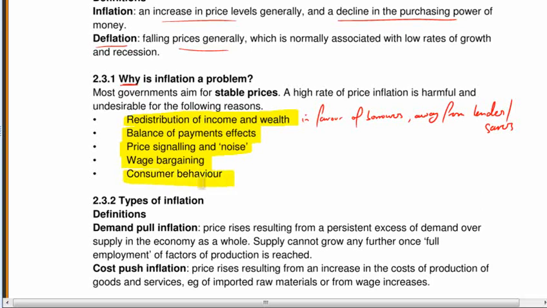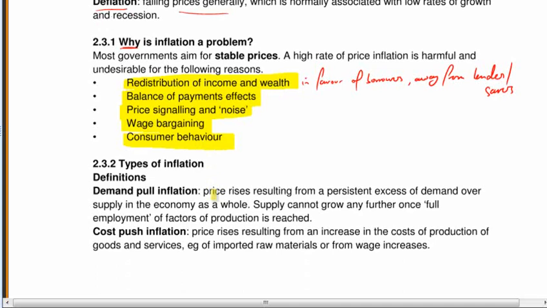And inflation can also affect consumer behaviour. What sometimes happens is we stockpile. We can see prices have gone up. We think they're going to go up even more, so we stockpile. And that distorts the economy. It's very difficult, again, for firms to plan for that. It's very difficult for them to plan their stock levels and so on.